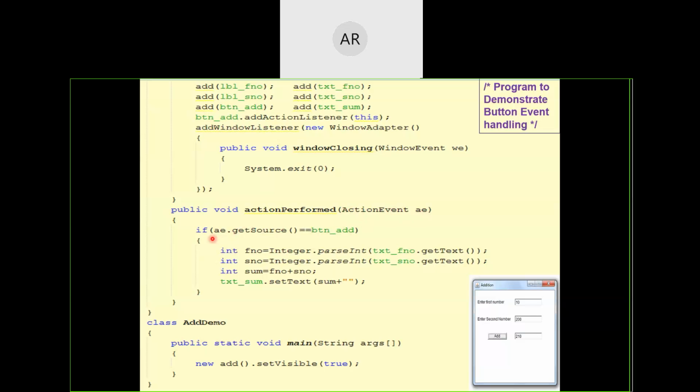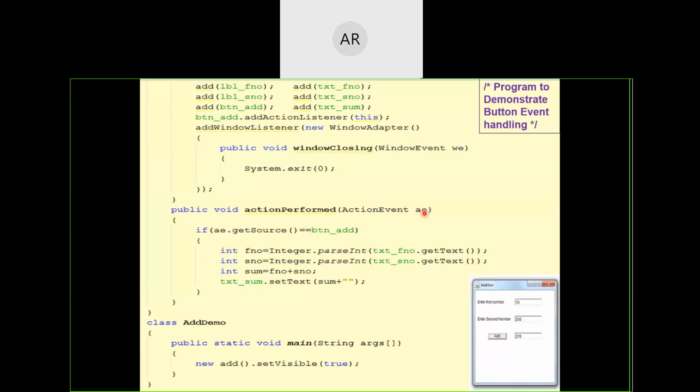To do that, I have getSource as a predefined method. So if I write AE.getSource, I'll get to know, out of the components placed here, 3 text fields, 2 labels and 1 button, altogether 6, which is the source that made this event come into existence.